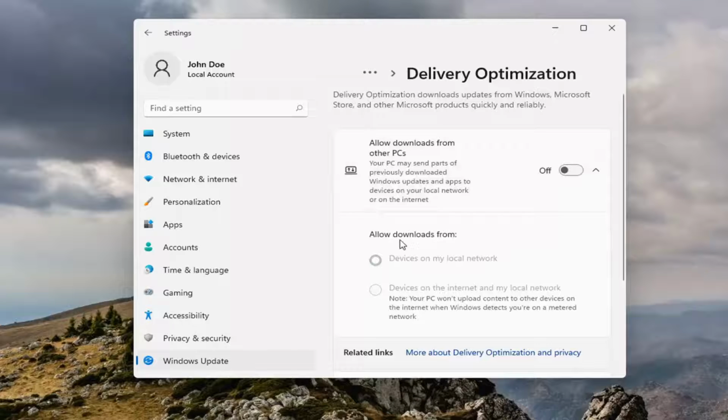And you can also adjust the Allow Downloads option from here too. So if you want to keep it on, you can allow devices from your local network or devices on the internet and my local network. So pretty straightforward process there,